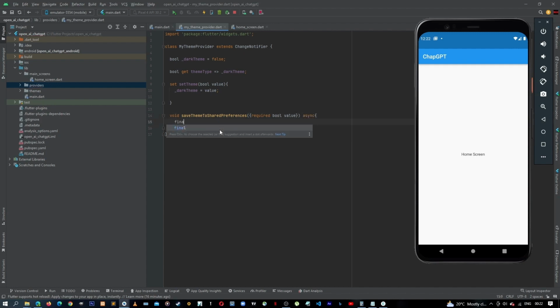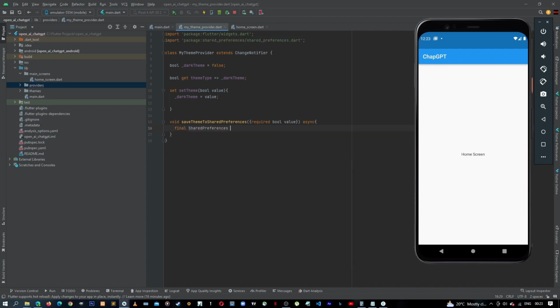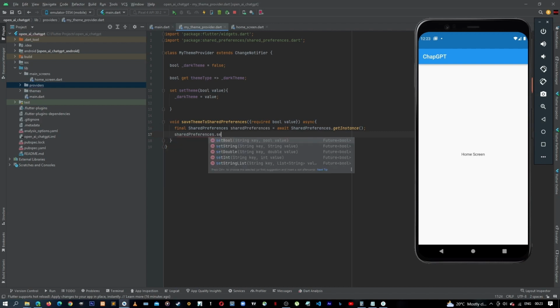Here let's initialize our shared preferences package. Shared preferences equals SharedPreferences.getInstance. We have to await here. Then here we are going to call sharedPreferences.setBool, and then we are going to set our value. So here we will say theme status,